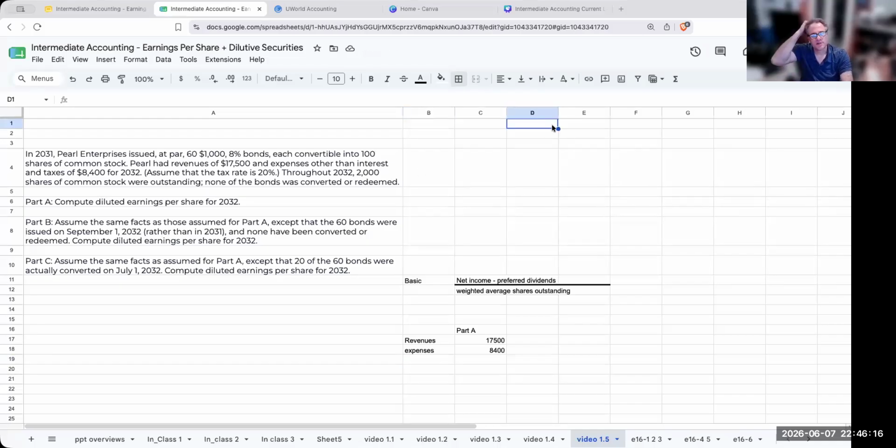So how much interest did I pay on these bonds? Well, I had 60 bonds at $1,000 face value. And these are going to be at 8%. So my interest expense,